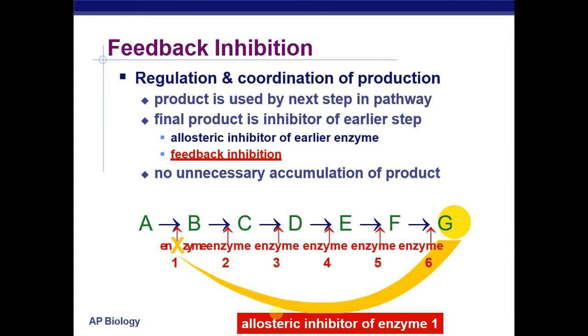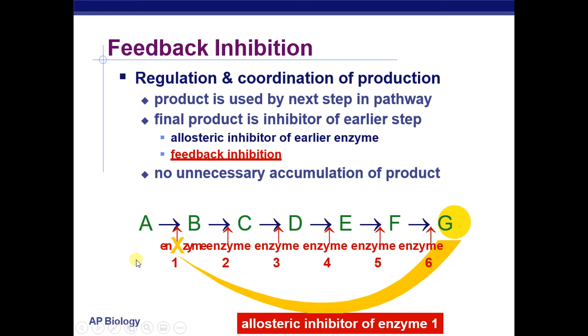Another thing that we had talked about previously is that organizing metabolic pathways into these sequential steps of enzymes increases our ability to regulate. So, for example, since each product of the previous step is used as a substrate in the next step, the overall product that we get at the end often acts as an inhibitor, like we talked about last time, that inhibits the activity of one of the enzymes